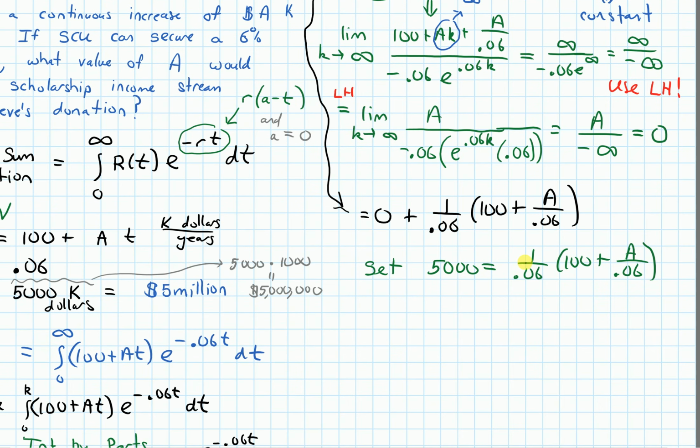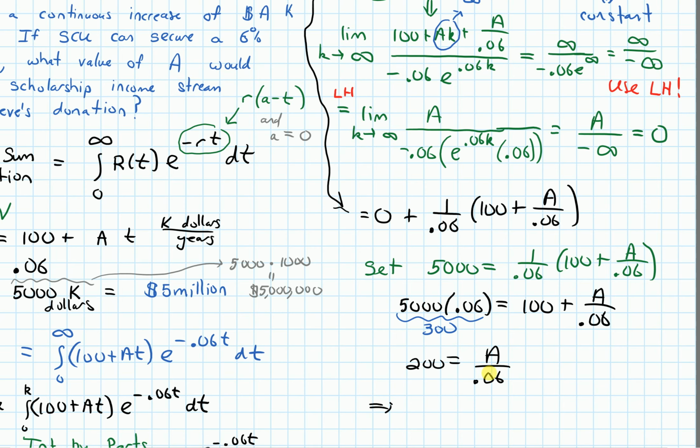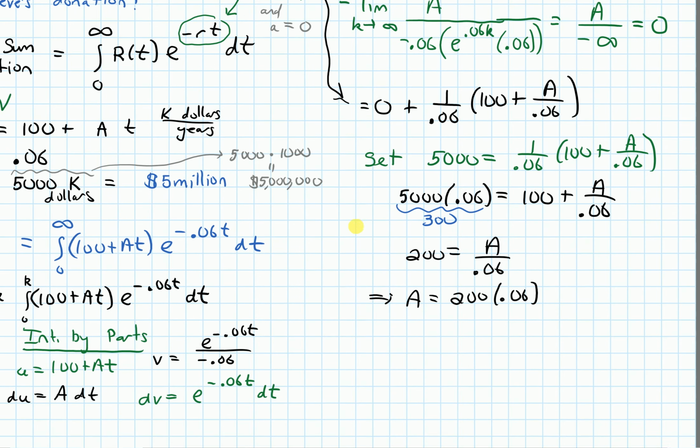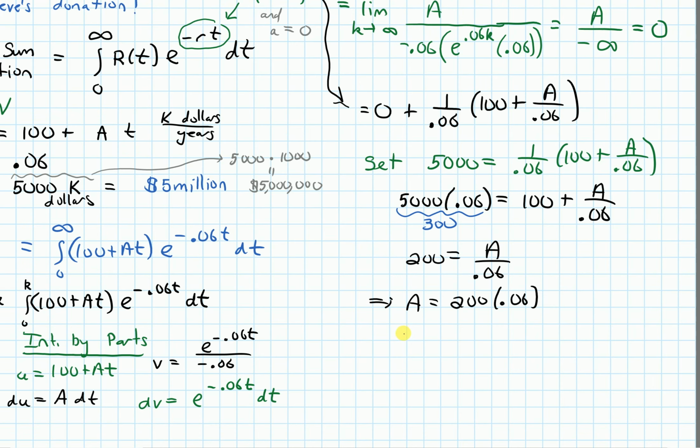So I can multiply both sides by 0.06 to get 5,000 times 0.06 equals 100 plus A divided by 0.06. And 5,000 times 0.06, that simplifies nicely. That's just 300. And if I move the 100 over to the left, we get 200 equals A over 0.06. And then if I multiply by 0.06 on both sides, we get A equals 200 times 0.06. And that also simplifies to a nice value. We get A equals